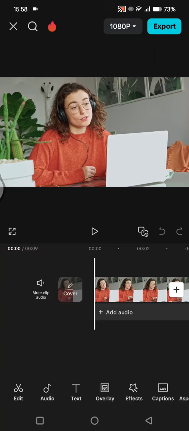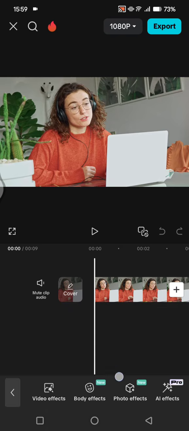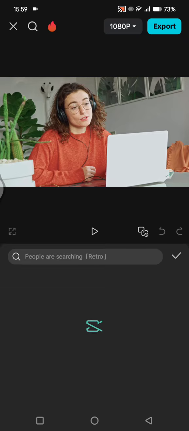On today's tutorial, I'm going to show you how you can add cartoon face effects to your videos in CapCut. So here, what you need to do is just open your videos in CapCut like this. Then you can just go straight to effects, click on the body effects,